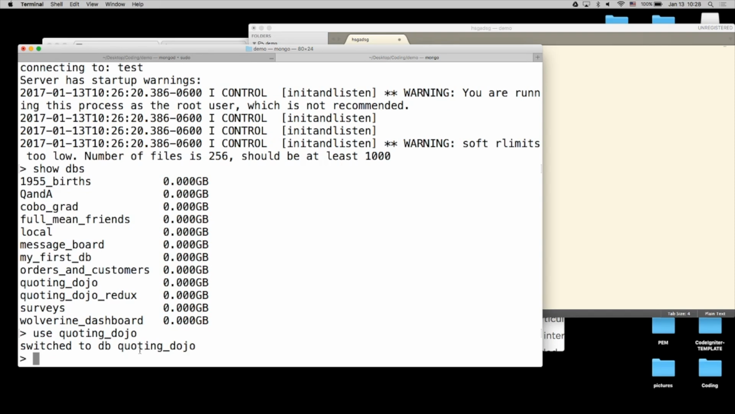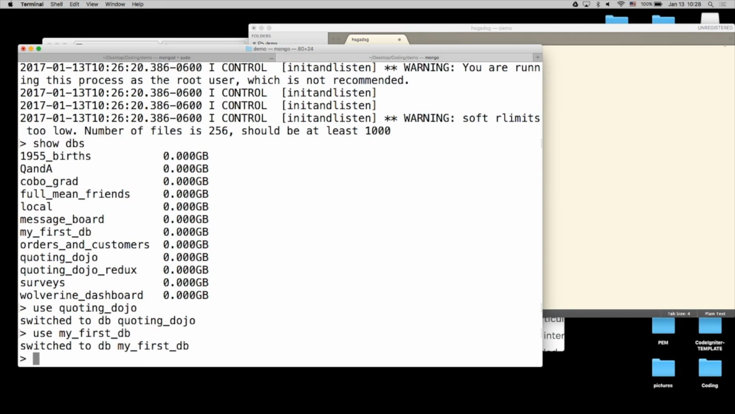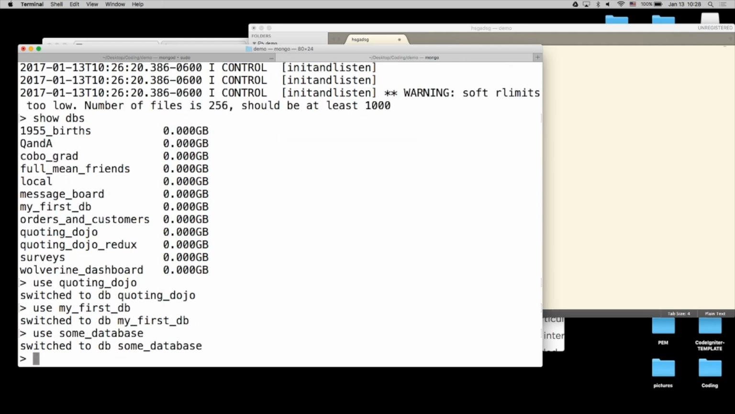What's nice is when you're in here, you can switch between databases without backing up. So if I wanted to go to my first DB, just say use, boom, it switches to it. If I wanted to say use some database that's not in my list, Mongo will automatically switch you to it, which is weird because it doesn't exist. But if you show dbs now,